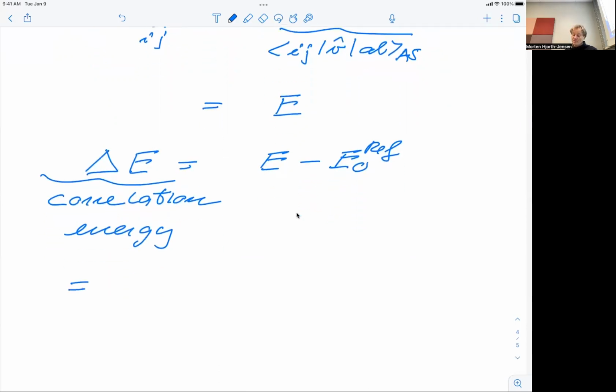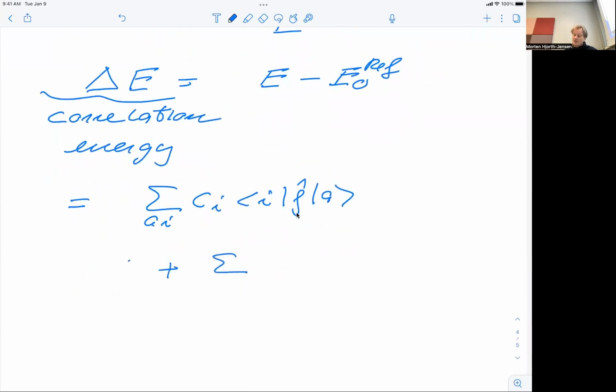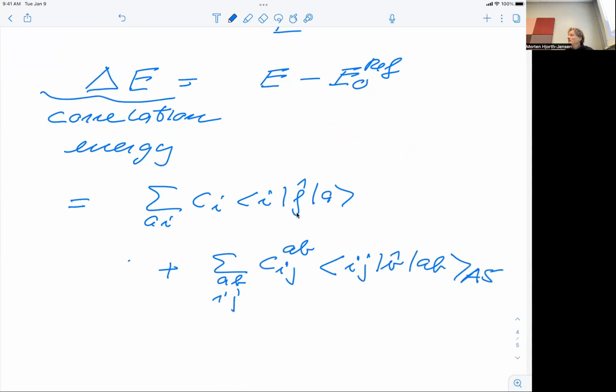And if we rewrite it, this is equal to the sum, since we have only a two-body interaction. If we had a three-body interaction, we would need to include three-body terms as well. That would just complicate things a little bit for us. But the basic structure is what you have here. So this is an I of an F of A plus this term I of B, Ij, C, Ij, A of B. And then we have the matrix elements V of A and B, anti-symmetrized. So this is a measure of how the approximation